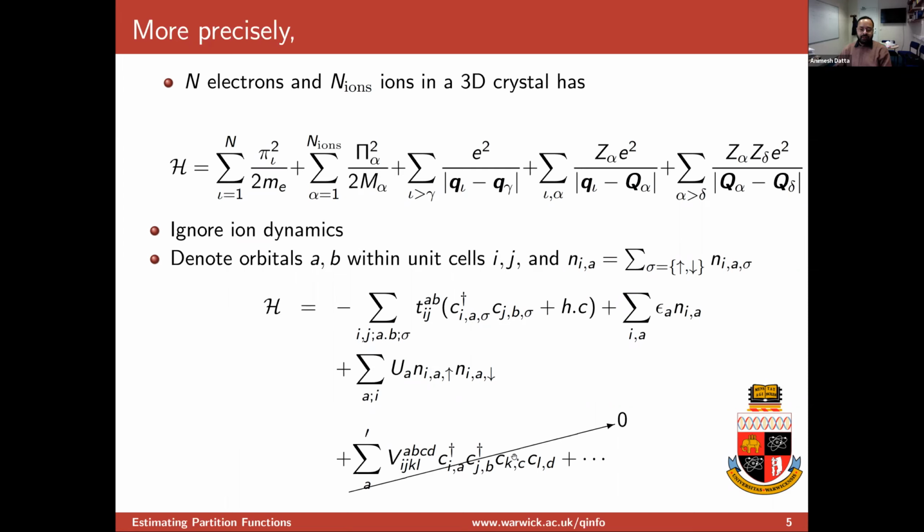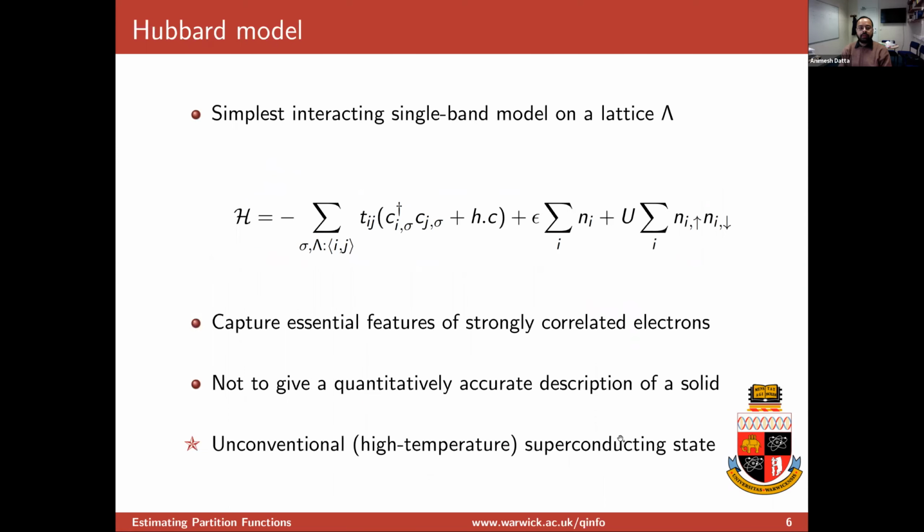And very often at some point we set the higher and higher order interactions to 0. The typical example that maybe people in the condensed matter community are quite familiar with is the single band Hubbard model, where we talk only of the hopping terms and typically the on-site interactions between the spins and so on. Again, what I will say is not unique to this particular model, but I thought I would give this as a motivation and something concrete for people to think about